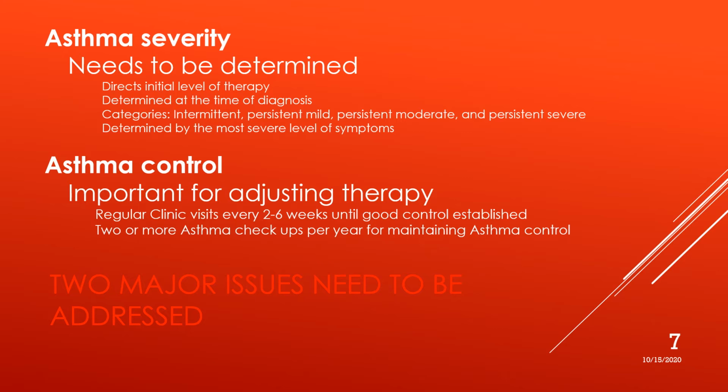And then at that point, all you need to do is see your doctor about once every 6 months for your asthma. Also, you'll learn that once you are under asthma control, sometimes you will have a flare-up. And if you have a flare-up, you need to increase your medications to control your asthma. So asthma severity is at the beginning when you first meet the doctor, understanding what level you are. Asthma control is after you've been diagnosed, after you're given medications. You want to make sure that you don't have the symptoms that would put you back in the hospital. These 2 major things are very, very important with asthma patients.